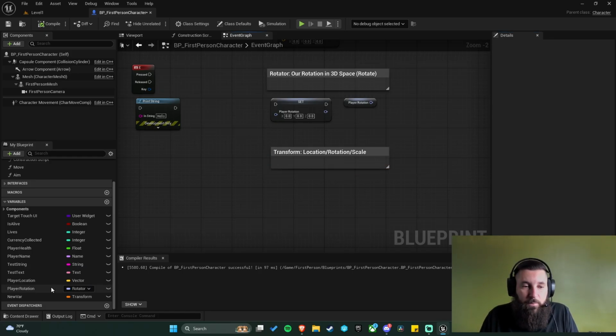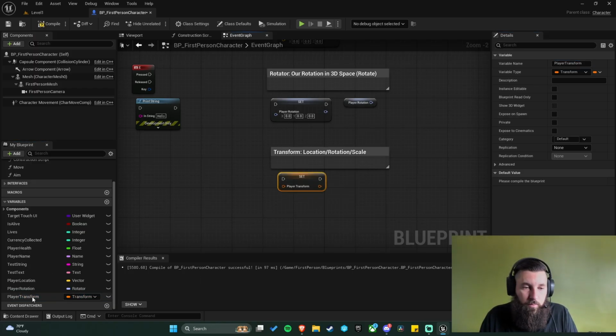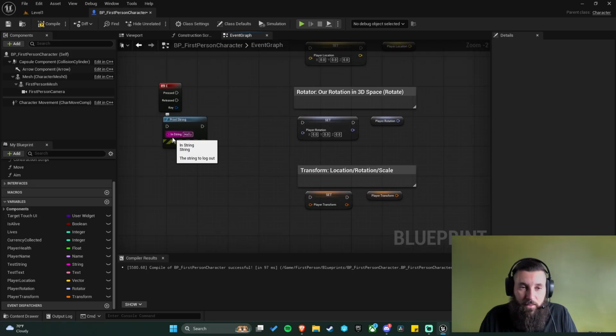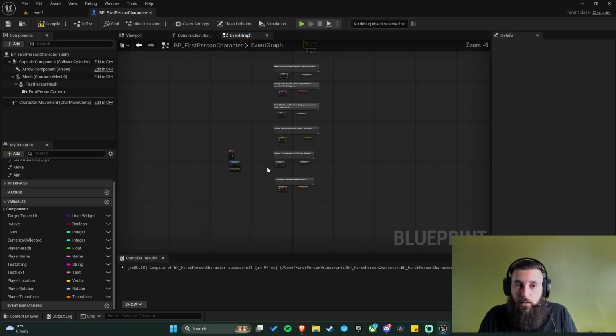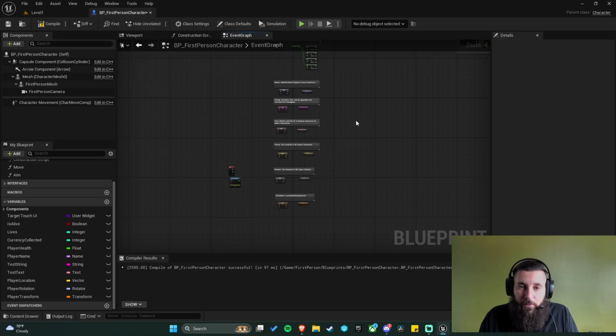So again, if you want to debug it, you can. You could just get player transform. And it's all color coordinated too. So if you pull a pin somewhere and you're like, oh, what type of variable is that? You can hover over it and it'll tell you, just in case you're wondering what it is. So yeah, that is variables. I understand that was a lot. That was very hectic, but